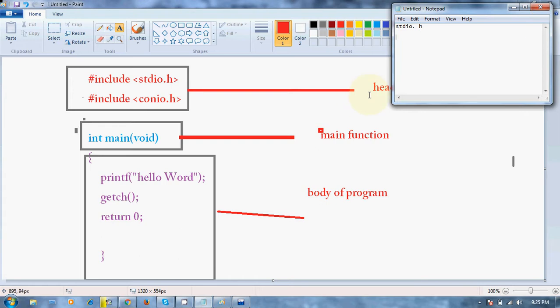The next part is the main function. What is the main function? There are various functions in C which do not return any value, or you can say that they return values. In this function I am using int main void, which means the function will return an integer type value. Before you start thinking about what an integer is,